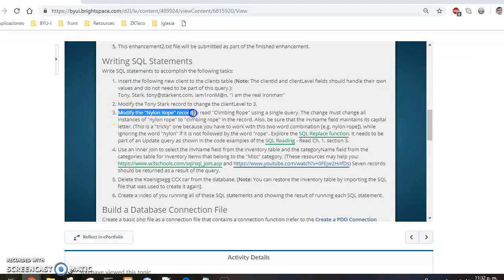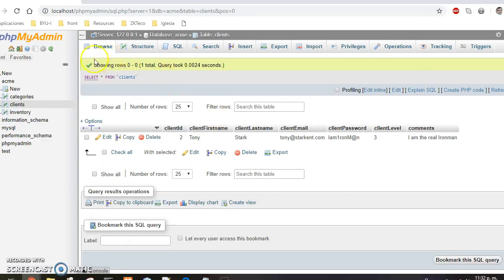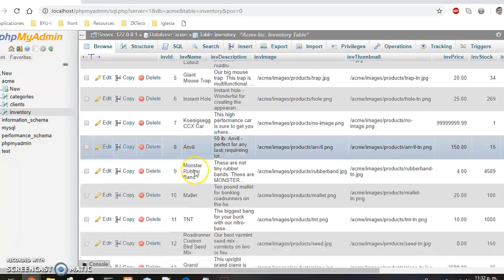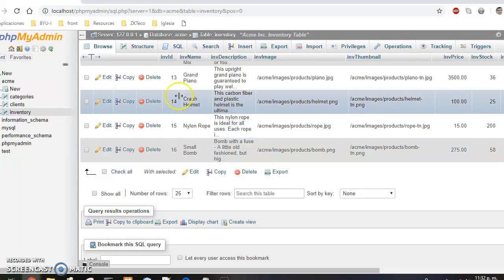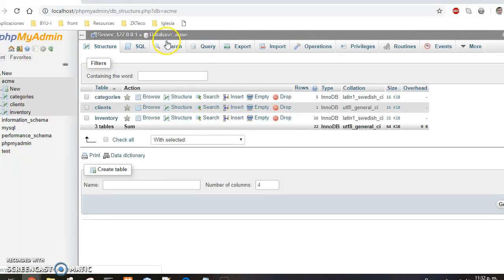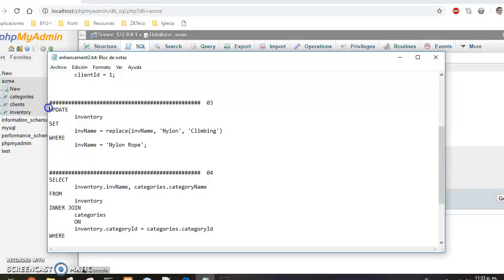For the third one, we have to modify nylon rope to make it say climbing rope. So this one was tricky. Here in the inventory table, if we go down, I think it's this one right here. So this is what I did in database Acme SQL. This one is this one right here,